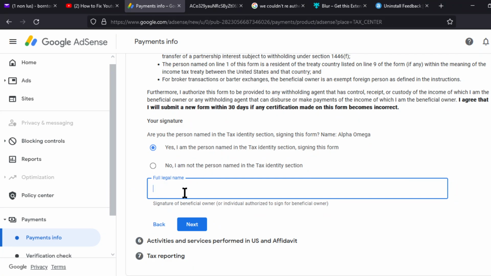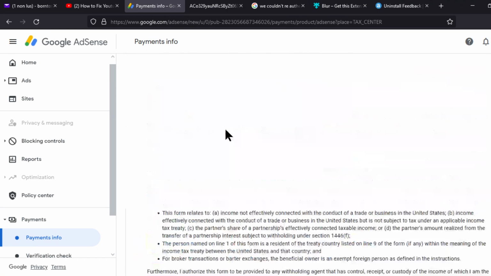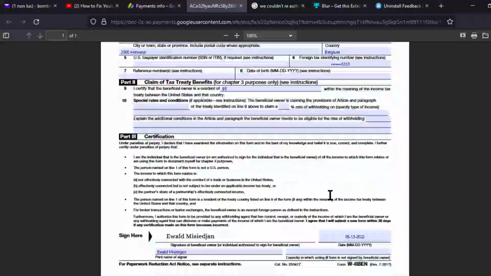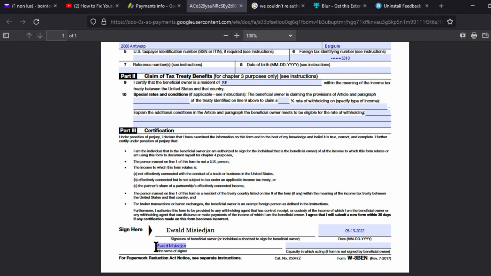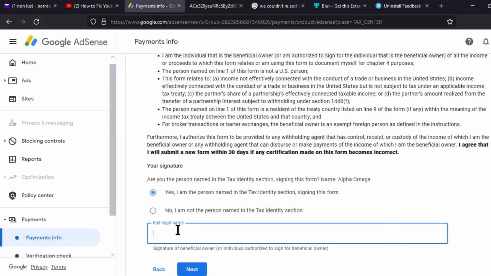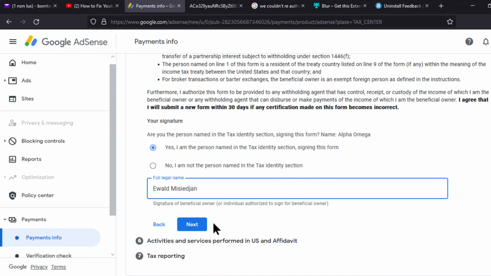So I'm just going to put my friend's name here. His legal name, because his legal name matters the most. His legal name is what is paying the tax, and that legal name appears all over the tax. So that's what I should put here. I shouldn't say no and then put my name here, then my name is not in the form at all. That's not smart at all. So I'm going to go to where his name is, and I'm going to paste it here. So everything rhymes, not so hard. So you see how this thing is very difficult. This is the name right here. I'm going to paste it here. And then I'm done.